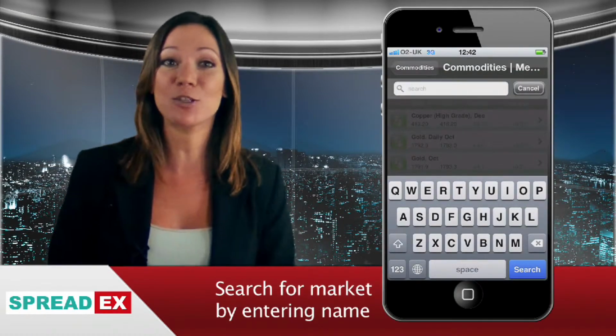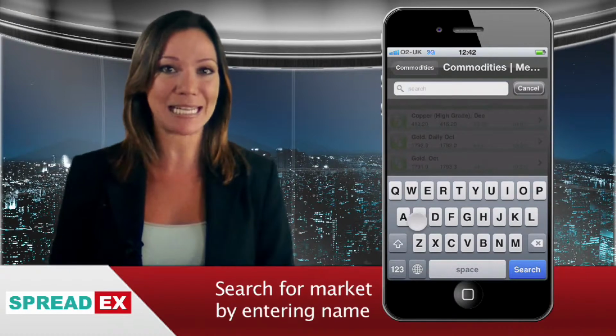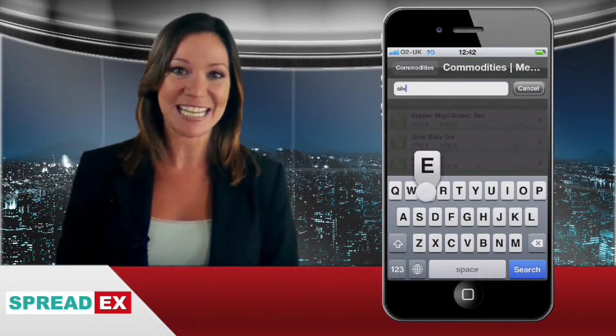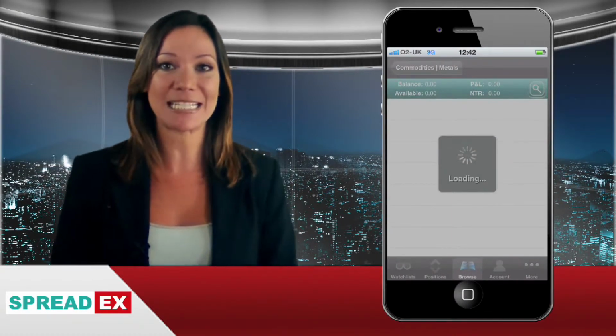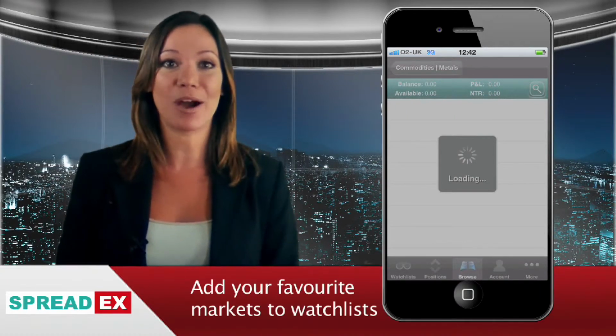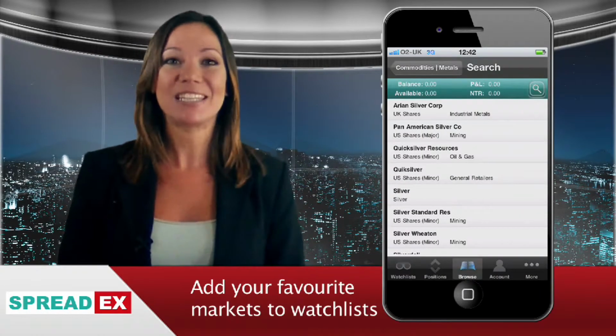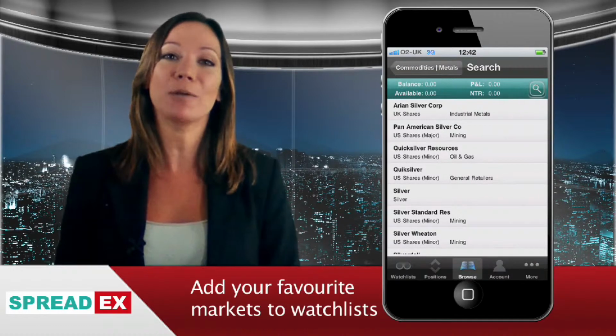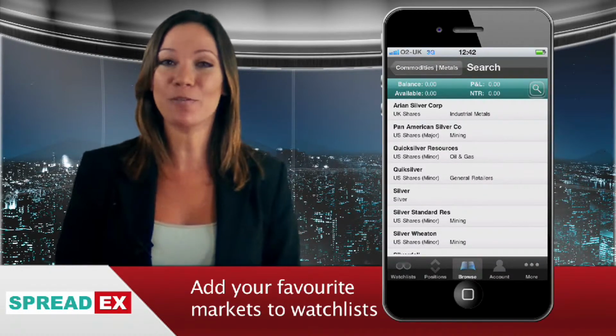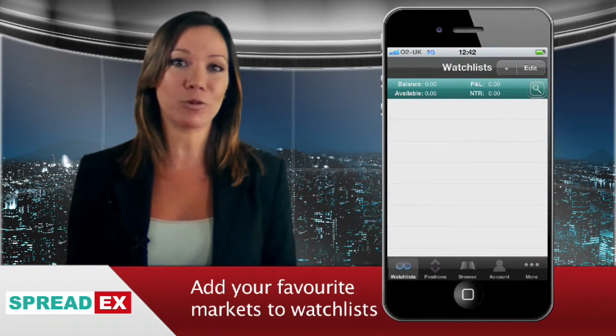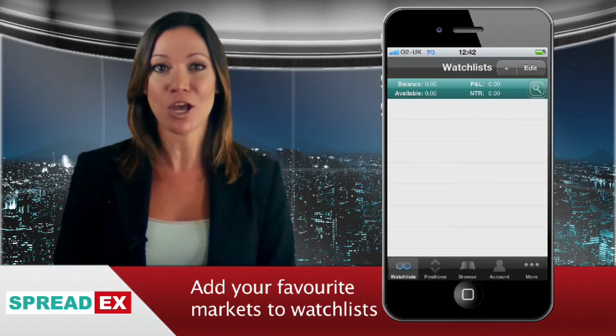Or you can create shortcuts to the markets you're interested in by adding them to a watch list. When looking at a particular market, tap the watch icon and the market will be added to a watch list. The default watch list is called My Portfolio. You can keep all your favourite markets here or create several watch lists for different types of stocks or for